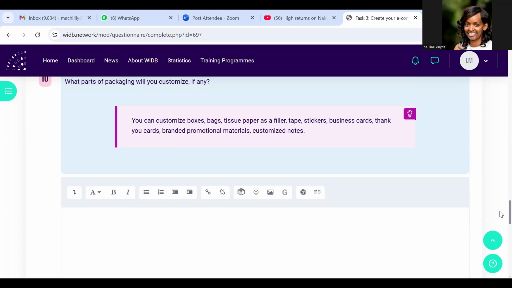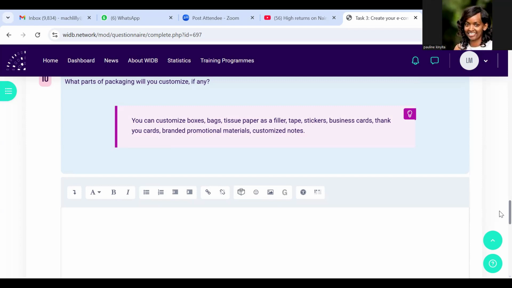Yeah, it takes like 2 days for delivery to be done. Or if you want express, the customer will pay more money, but they get it in a day. Yeah. Wow, okay. And so how do you package your products? Do you have an identifier on that package? Is there anything that shows this came from Pauline? What's the name of your business?